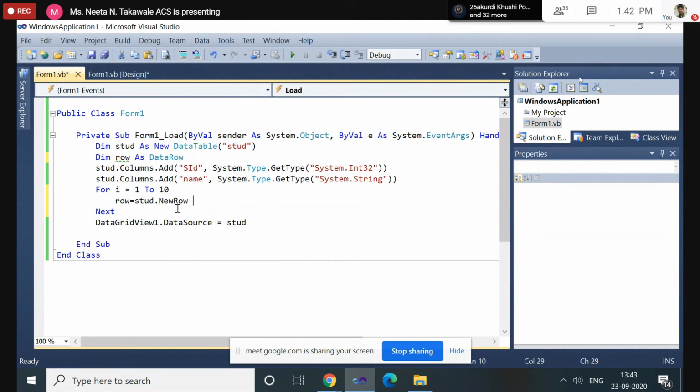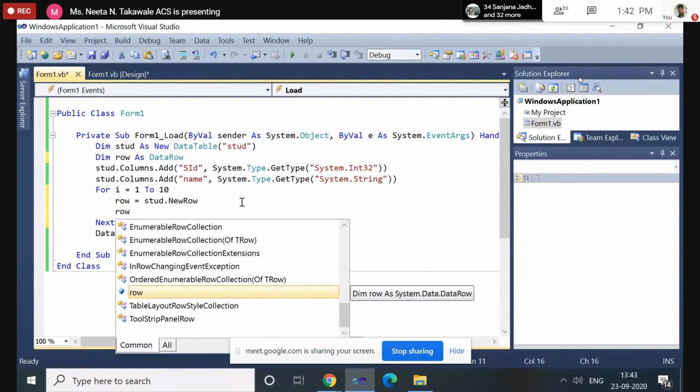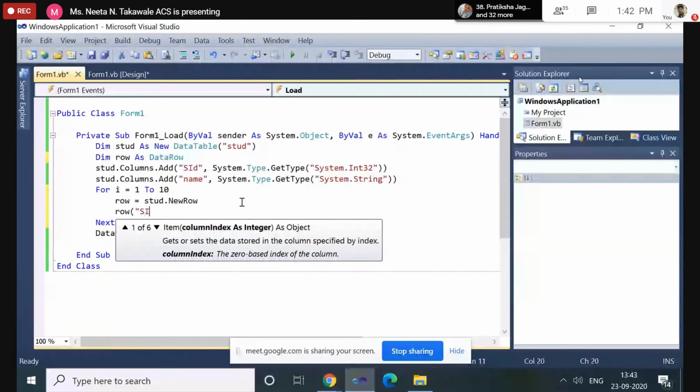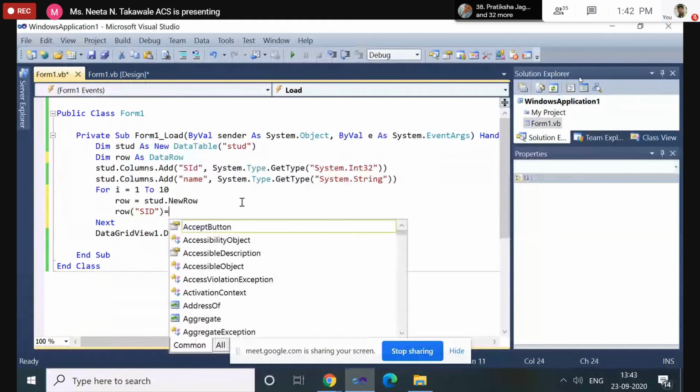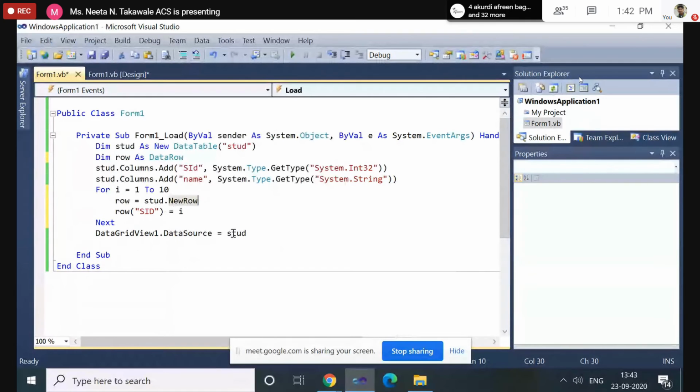Then set this value, or display that value, on that particular row. How can we display that value? Row, in brackets, the name of the field. The name of the field is SID, equal to the value of I. What I have done is, using Student.NewRow, I am defining the new row for the row object.